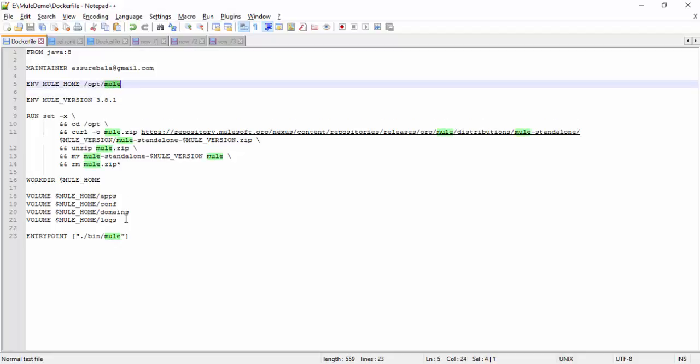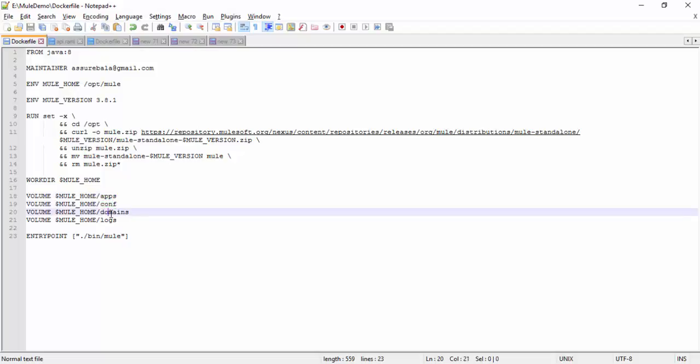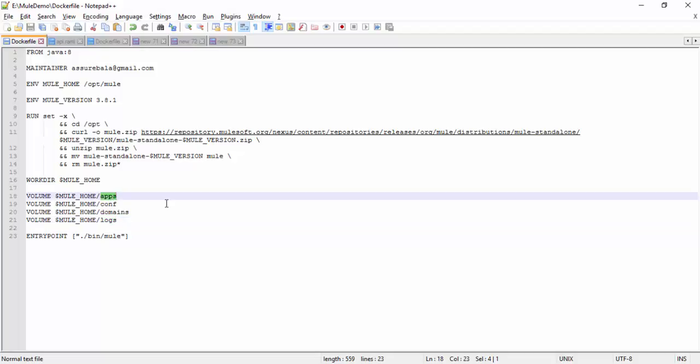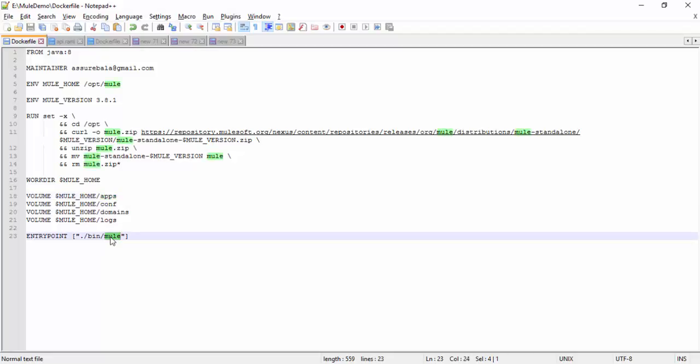Under this path there are four folders: apps, conf, domains and logs. The apps folder will have only our application, the conf folder will have configuration files, the wrapper conf file, the domains folder will have domain related files, and in the logs folder you can track the Mule application log. Okay, this is the entry point for our applications. This Dockerfile,